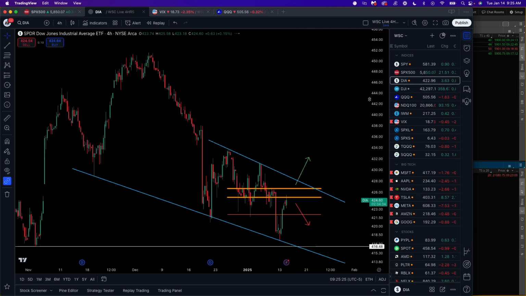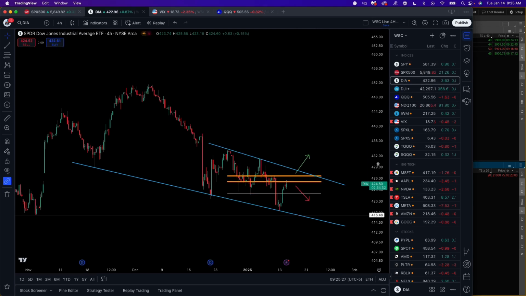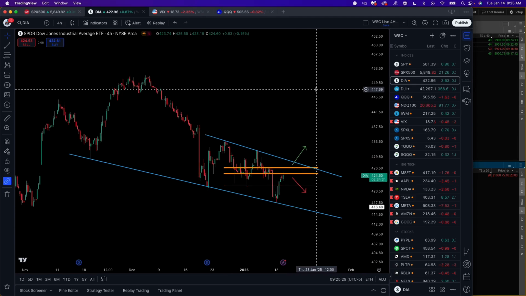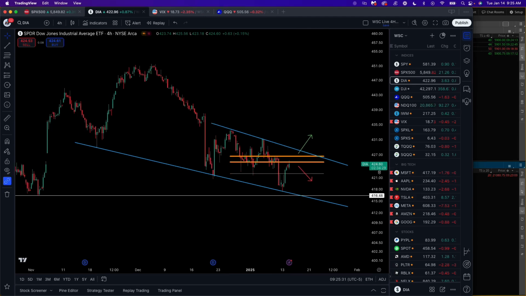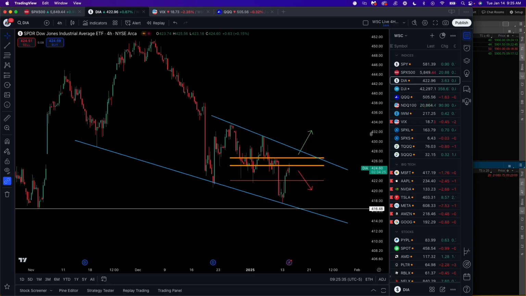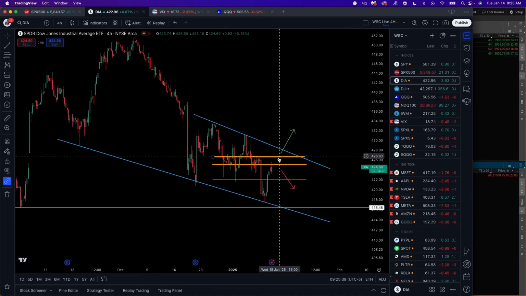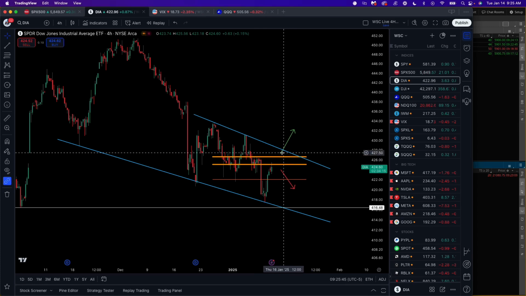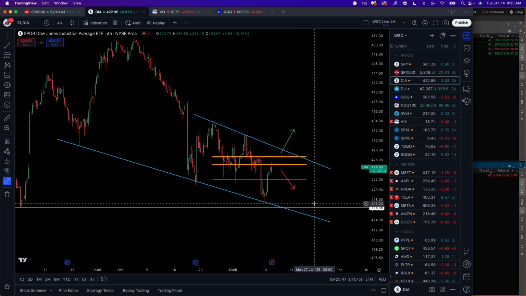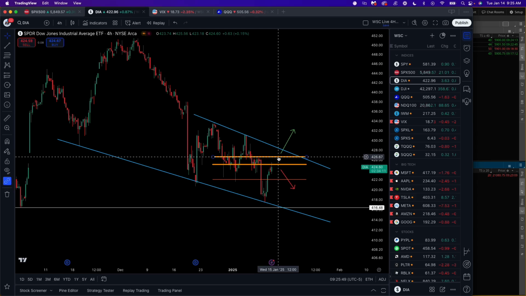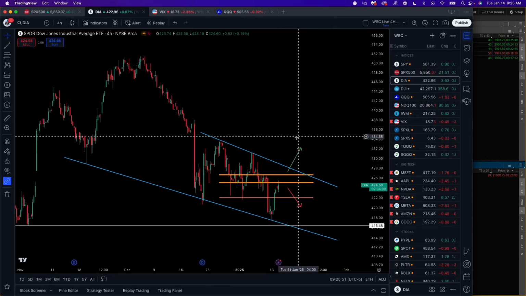So for the DIA here, and let's go quickly, as the market is about to open, and there might be potential trading setups for both swing trades or day trades as well. For the Dow Jones, we bounced from our support yesterday, but we are now at resistance here on dark pool. 425 to 426 scenario remains bearish below resistance range. Breaking above 426 would be early bullish signals for the market.